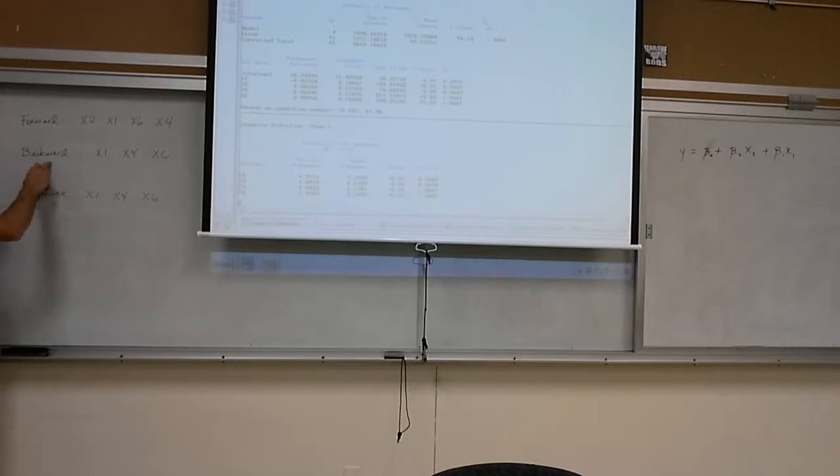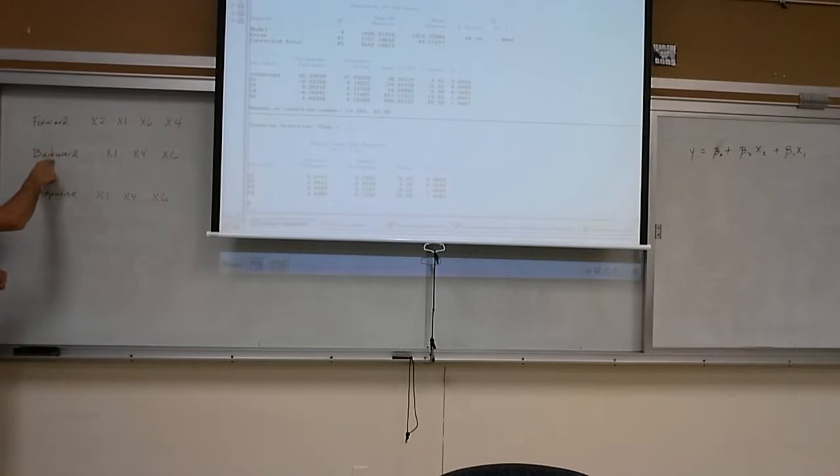But it is possible that stepwise will settle on something different than backward, because it's actually starting at the beginning with no variables and working its way up. So, backward,